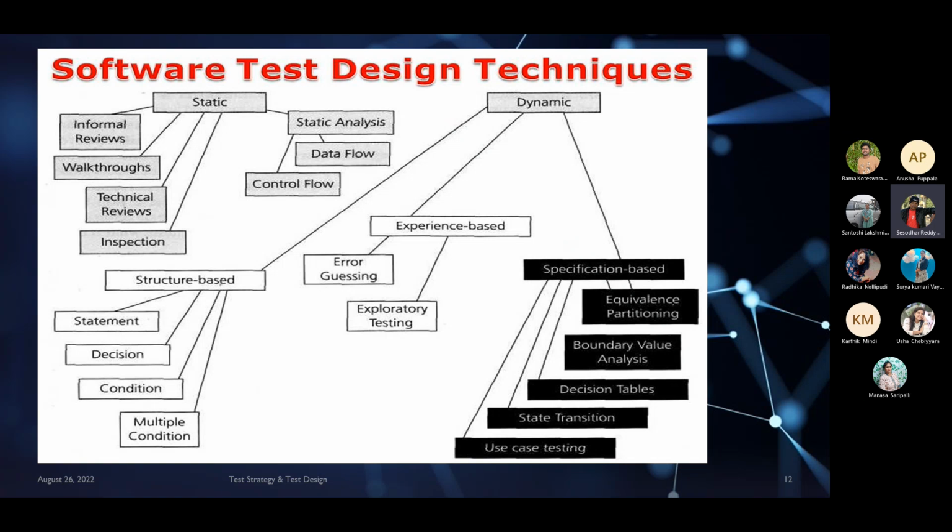Then, after this testing plan and other things covered, we have one of the flow charts which I just want to show you, about what exactly the software test design techniques cover. If you see, it is divided into static and dynamic, where you have a lot of informal reviews, walkthroughs, technical reviews, and inspection, which is completely related to the BRD document, where initially when the functional requirement comes from a client,